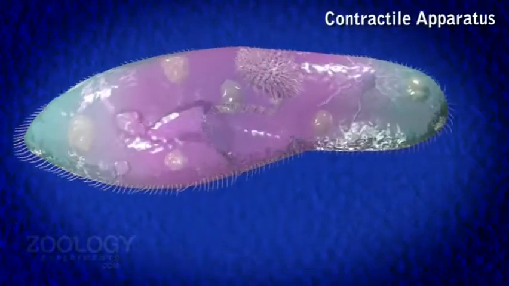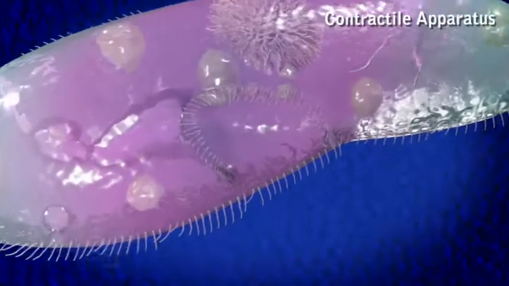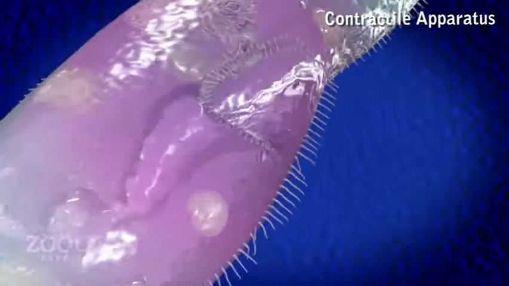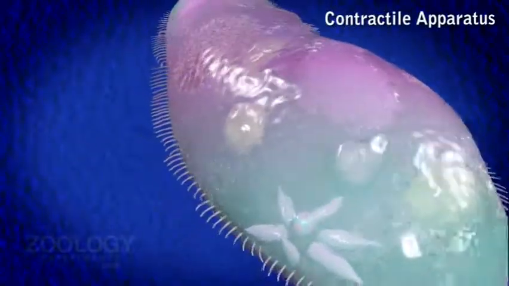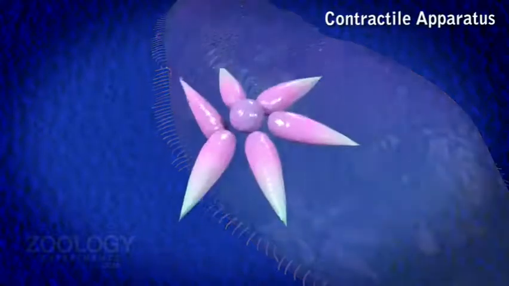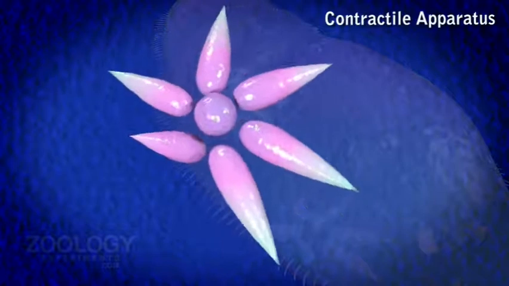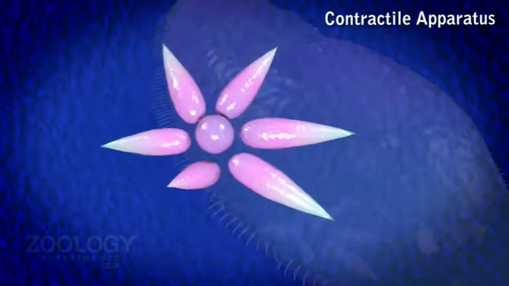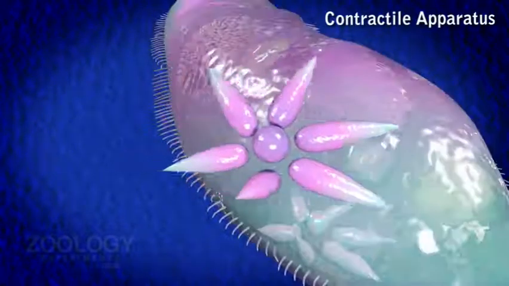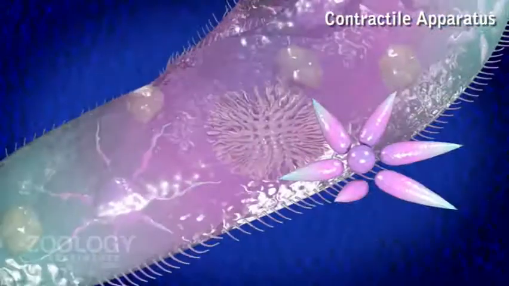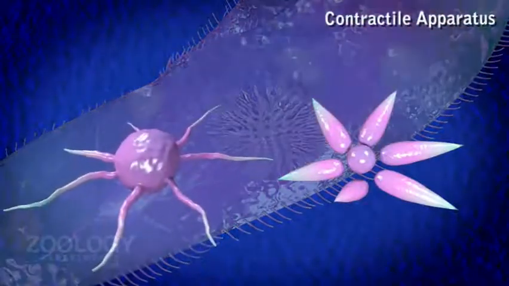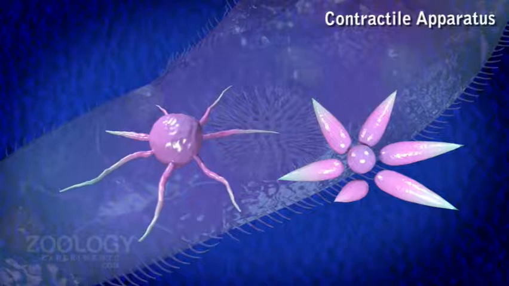Contractile apparatus. In Paramecium, there are two contractile vacuoles occupying somewhat fixed positions in the endoplasm. One vacuole lies near each end of the body, close to the dorsal surface. Each of them is surrounded by a circlet of 6 to 10 long, narrow, spindle-shaped radial canals. Each contractile vacuole